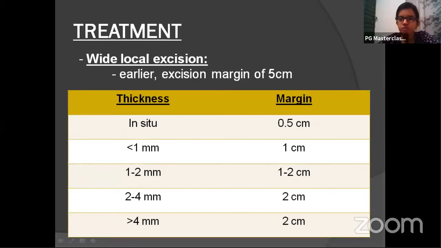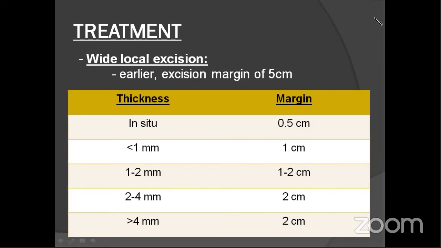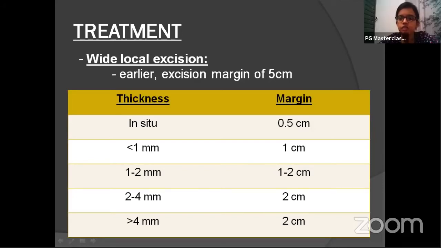So for diagnosis, we first go for punch biopsy. For all patients punch biopsy? Sir, as ma'am said, if the lesion is present over the digits, we can't go for excision biopsy. For that we have to go for punch biopsy. But if it is present in other areas of the body, then we can go for excision biopsy, and then we determine the margin of the lesion, and we go for histopathological examination to establish and confirm the diagnosis.